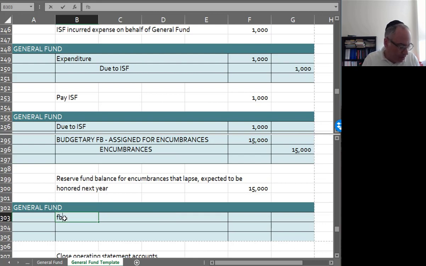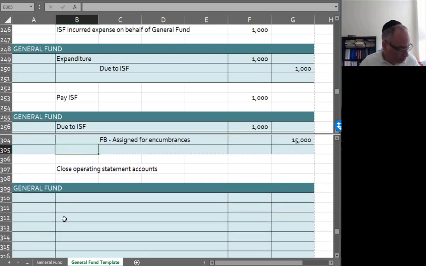So I'm going to debit fund balance unassigned for $15,000, and I'm going to credit fund balance assigned $15,000. And now I'm going to do my closing